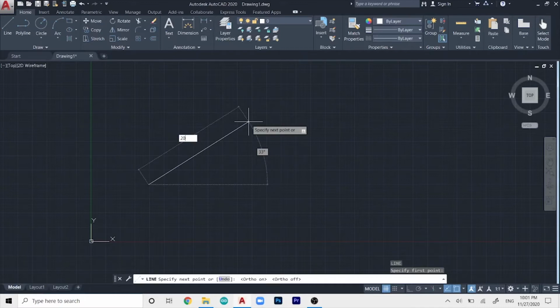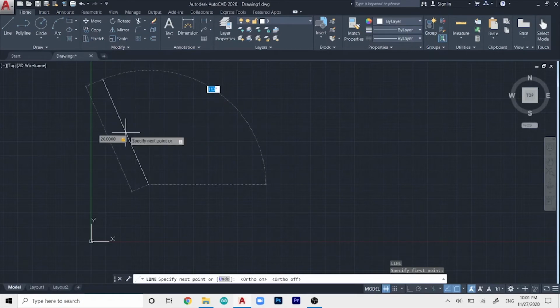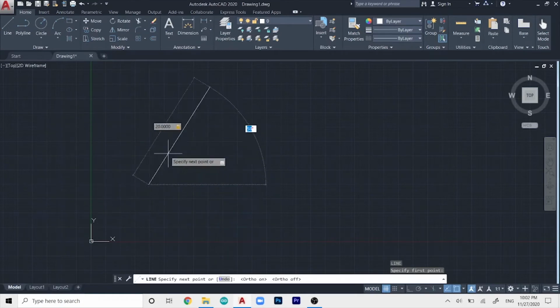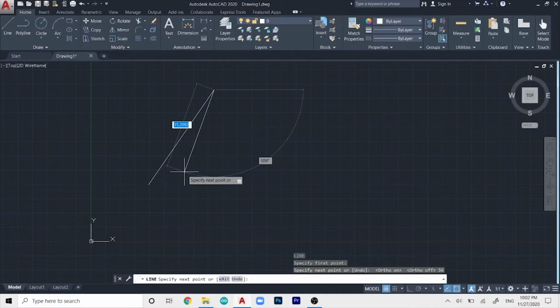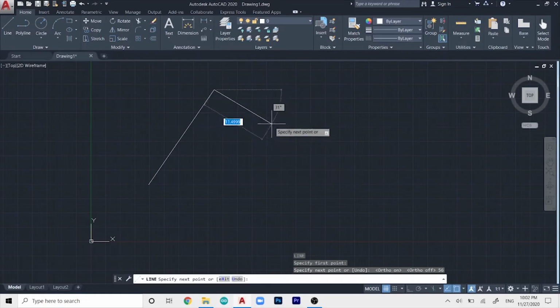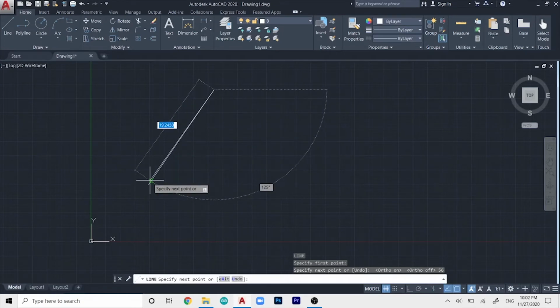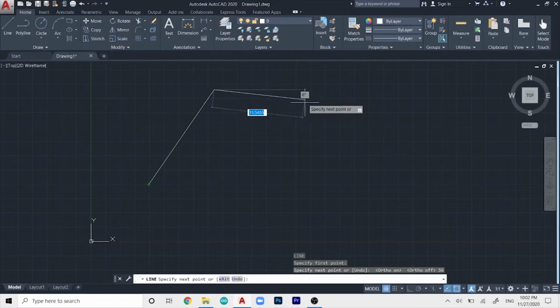and then I will press tab. So by pressing tab you can see that we can now select the degree, and the length of the line remains the same. So I can give it any degree I want. So let's just say I want it at 56 degrees. So I will type 56 and then press enter. So this will create a line at 56 degrees of 20 units, and from the end point it will continue to draw another line, and you can